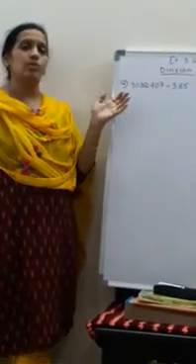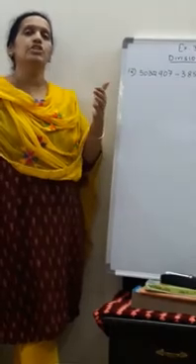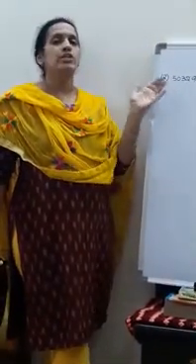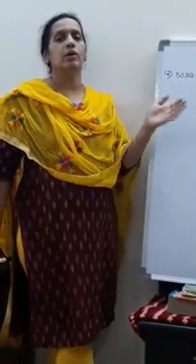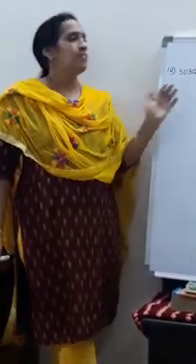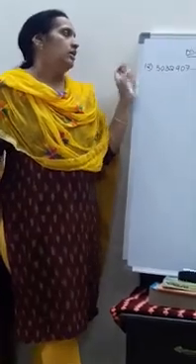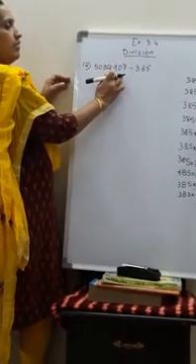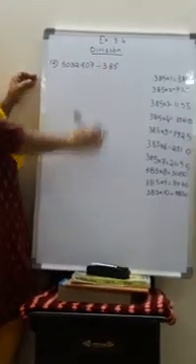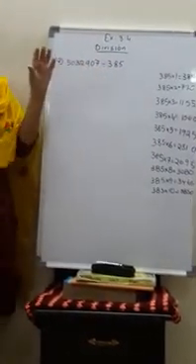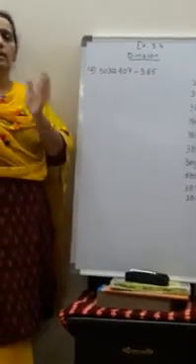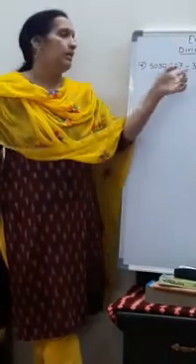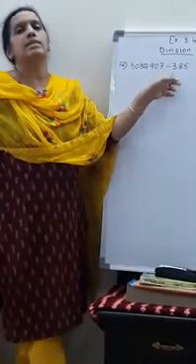Before starting this, I want to tell you one more interesting thing, that is division is the reverse of multiplication. So you can check your division by doing the multiplication, to see whether your division is correct or not. Now the 12th sum is 5032907 divided by 385. Now 385 is a little bigger number. Till now in the earlier classes you have learnt only 2-digit division, but here you are dividing by a 3-digit number.